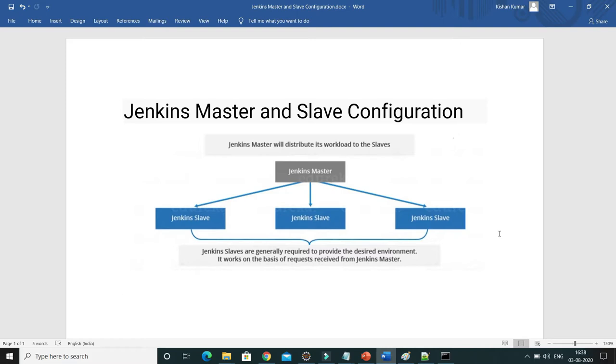You should always keep in mind that if you have different slaves, then building the projects can be distributed among all the slaves. The master can distribute the work to all the slaves, so that parallel processing for building the projects would be achievable. So let's see how we can configure a slave in Jenkins.